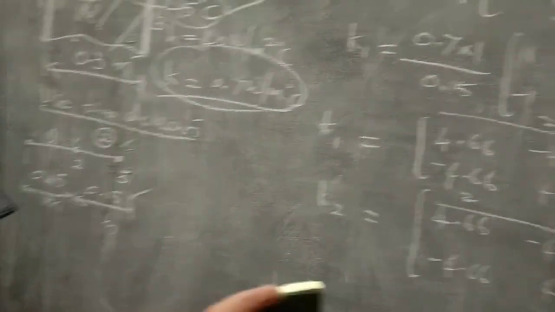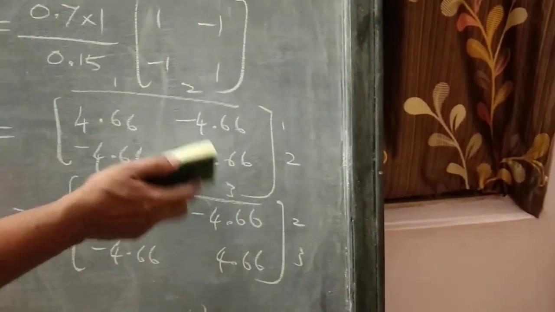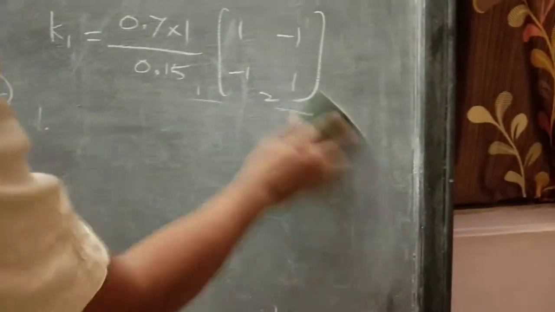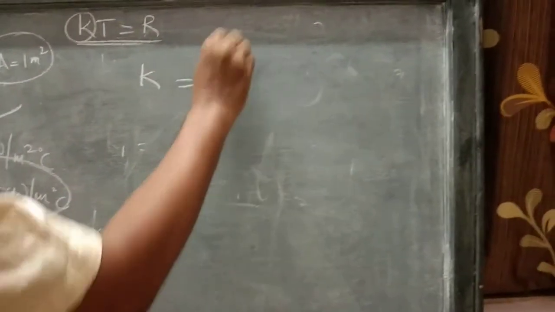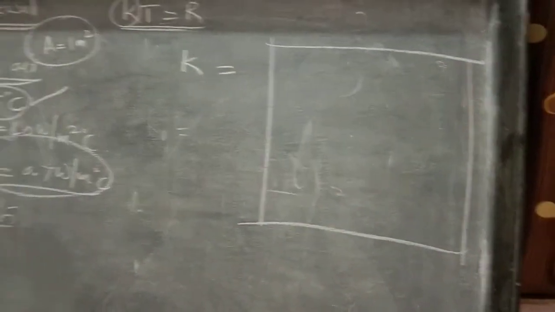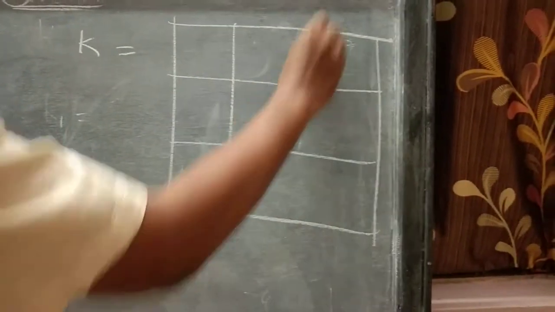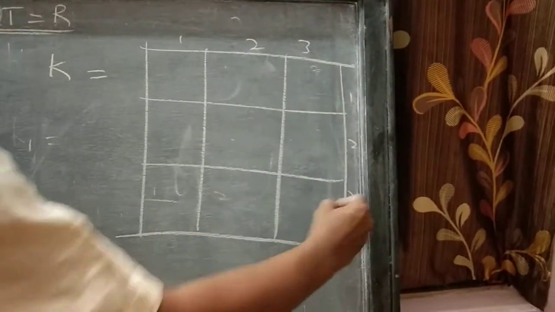Okay. Now here we got the element matrix terms of 4.66 for all the elements. Now let us generate the global thermal matrix. Since there are 3 nodes, that is 3 nodal temperatures we need to find, the order of the global matrix K will be 3 cross 3, and you write the DOF numbers 1 2 3 and write the terms.